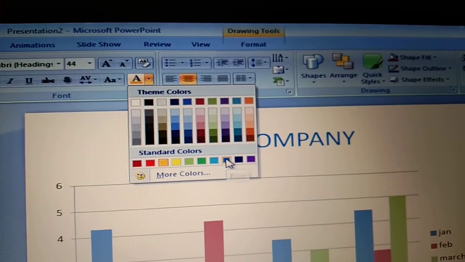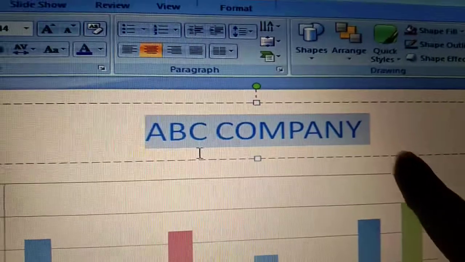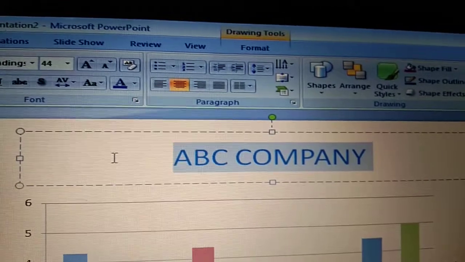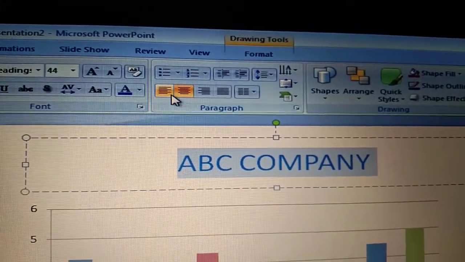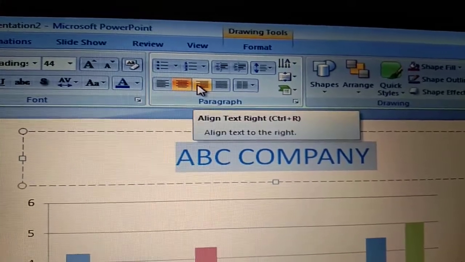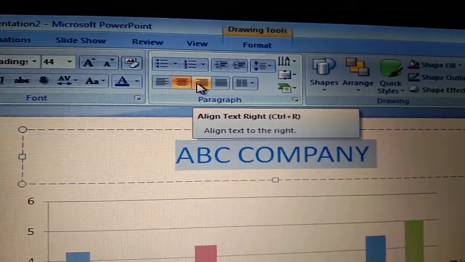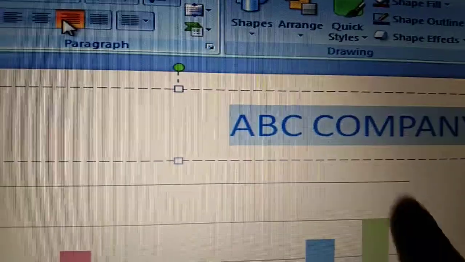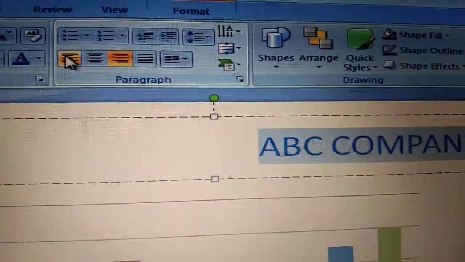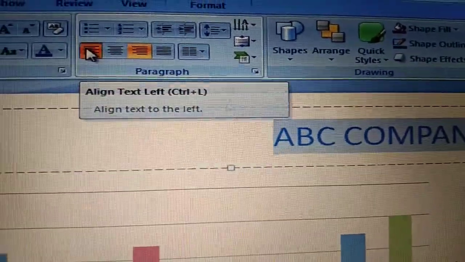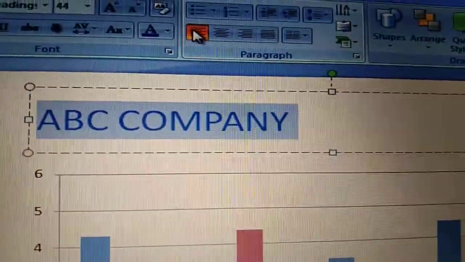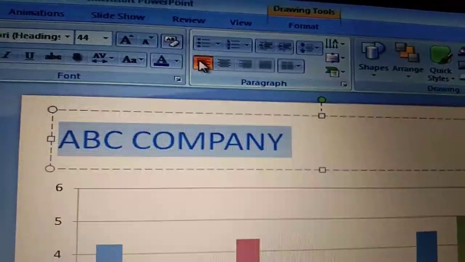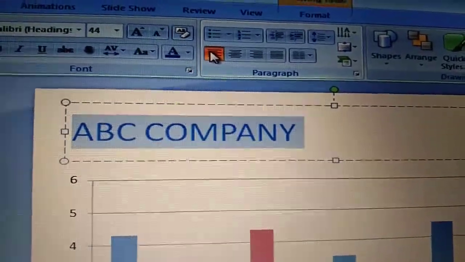So here I can choose the blue color. You can see that there is a change in the color. So this is the way that you can make changes in the title. And with the help of these four paragraph options, you can also make settings in the text. Like here I choose right. You can easily see that by clicking on the right button, our text moves towards the right side. If I click on this button, this is the left button, so automatically the title of the chart also moves to the left. So with the help of paragraph settings, you can make changes in the text also.